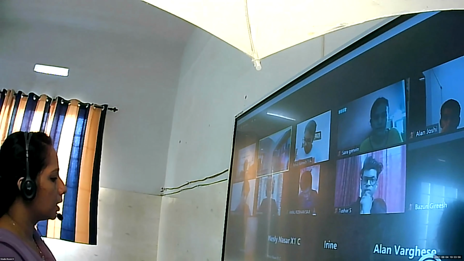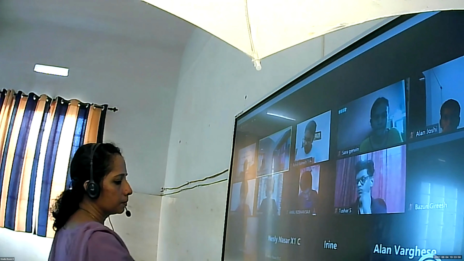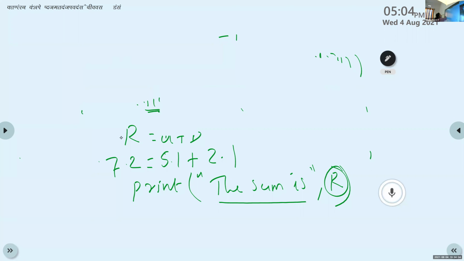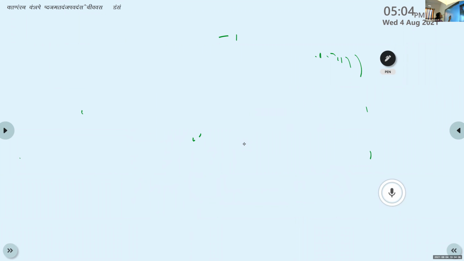Abhilash, read the first two statements. A is equal to int input, first value or first number.